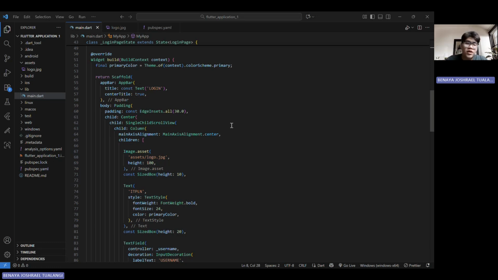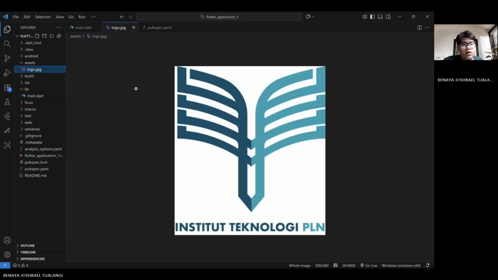Okay, for inputting the picture or the logo, first we need to make this folder over here. How? We press here and then New Folder, and then we name it assets, and then we put the logo in the assets folder.